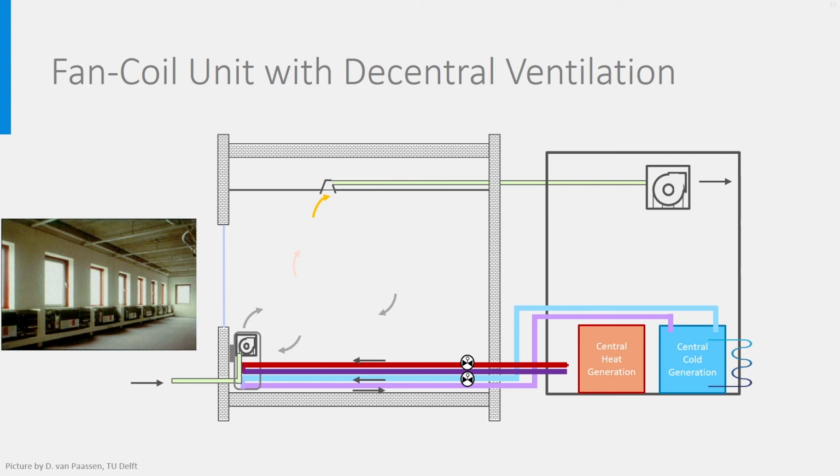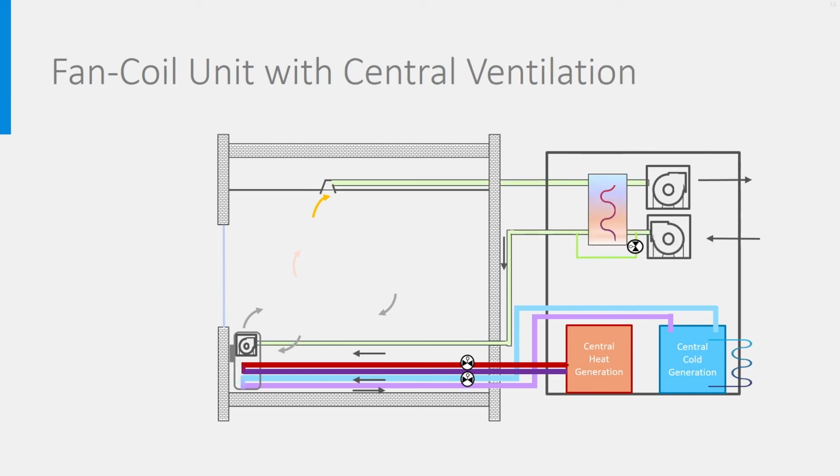Note that this is an all-air system, and as such the supply airflow rate must be large enough to provide the heating and cooling demand. So the airflow rates will be much higher than with hygienic airflow rates only. There are also alternatives where the supply air is centrally pumped and then distributed to each fan coil unit. The advantage is that it allows for heat recovery, by which lower supply airflow rates can be used.